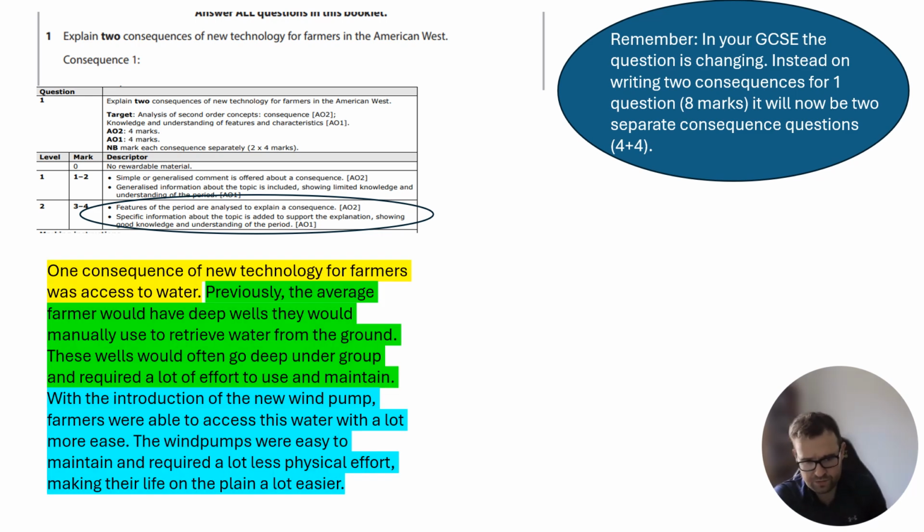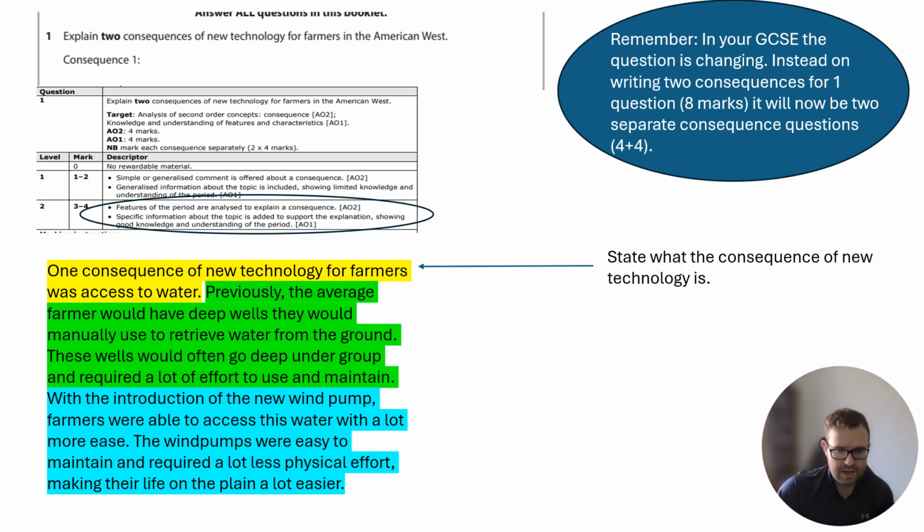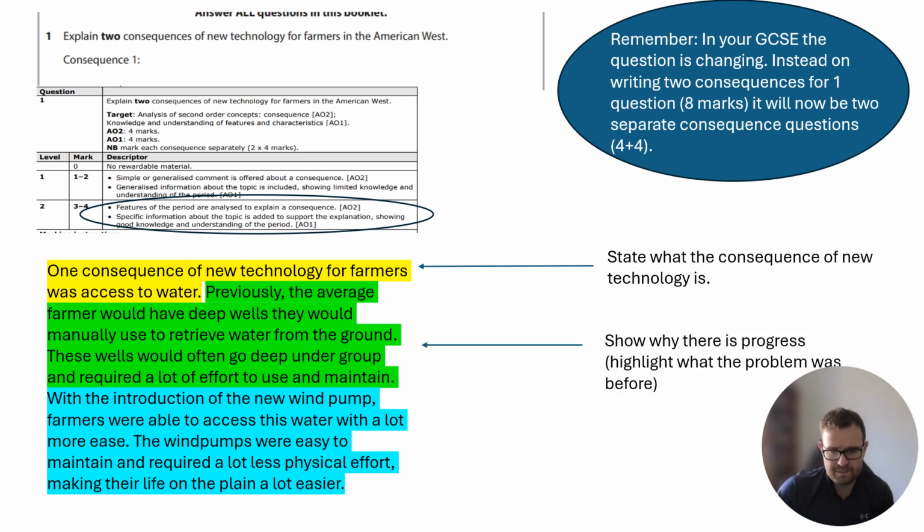1 consequence of new technology for farmers was access to water. You could even just say wind pumps. Previously, the average farmer would have deep wells that they would manually use to retrieve water from the ground. These wells would often go deep underground and require a lot of effort to use and maintain. Okay, a little bit of evidence. And so your consequence is going to be stated. You're highlighting what the problem was before,